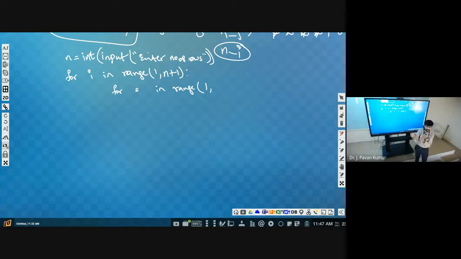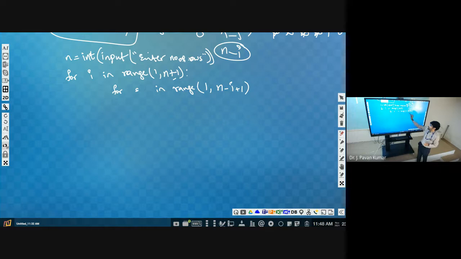i plus 1. Why? Because if you specify n minus i plus 1, then it will consider up to n minus i. If you have a doubt, why are we using plus 1? Then listen. 1 comma n plus 1, if you use this, it will start from 1. It will not consider this n plus 1. Before that it will stop. Understand? 1 is included, but n plus 1 is excluded. That's why it will be repeated from 1 to n, although we have specified 1 to n plus 1.